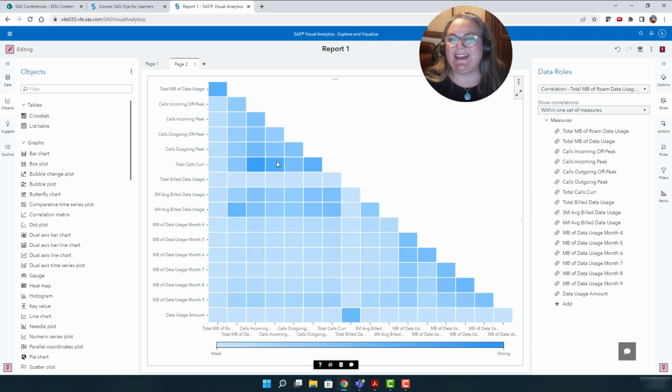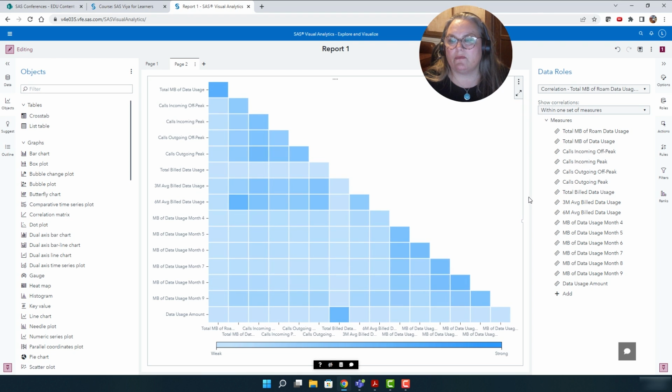So when I'm seeing these very strong relationships, I just want to note that I don't want to include both of these data items in my model. So maybe I'll take total calls out, and over in the right-hand pane, I can select the data item I want to remove and then just select Remove the Data Item. And so now that's gone.